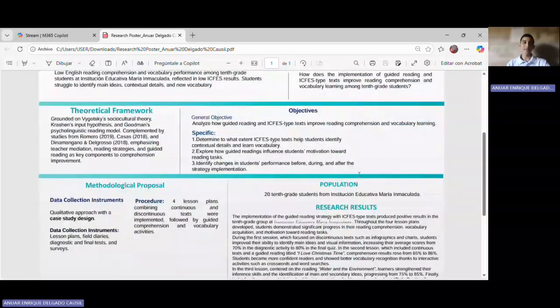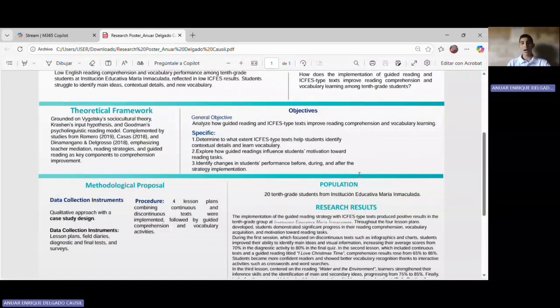Then I designed four lesson plans, alternating continuous texts such as a short article and discontinuous texts like tables, graphs, and infographics. In each class, I implemented the guided reading strategy, including steps such as predicting, identifying main ideas, inferring meaning,